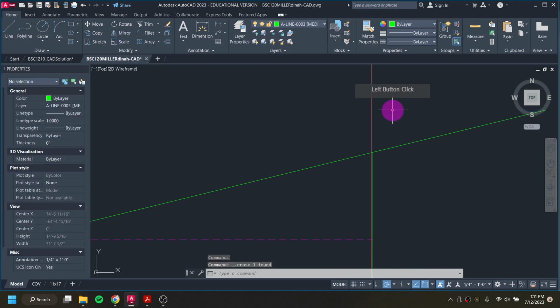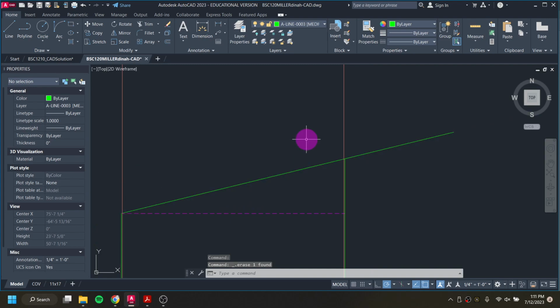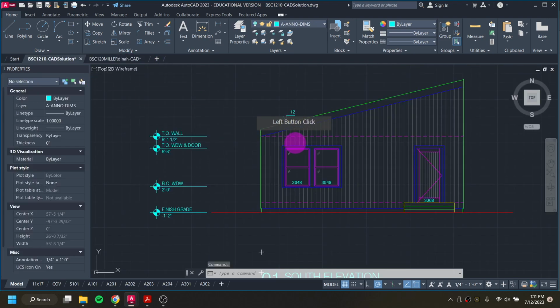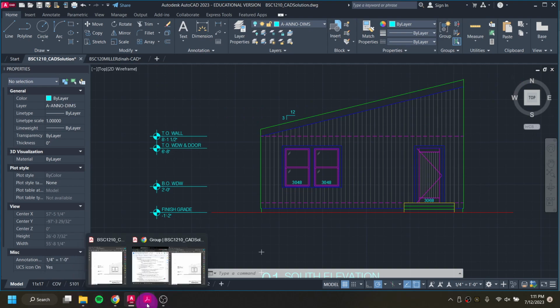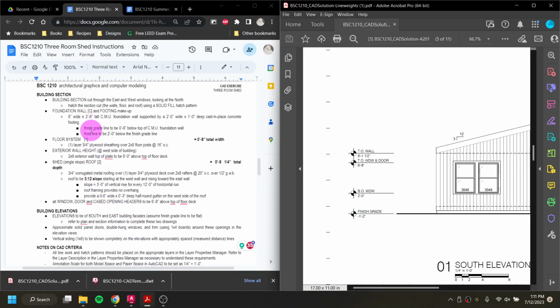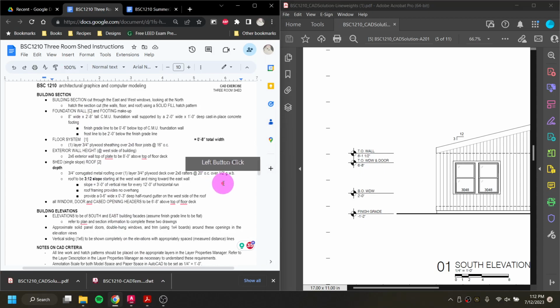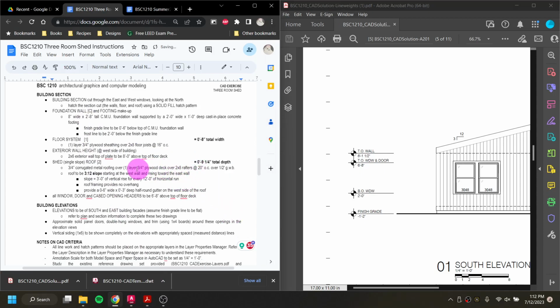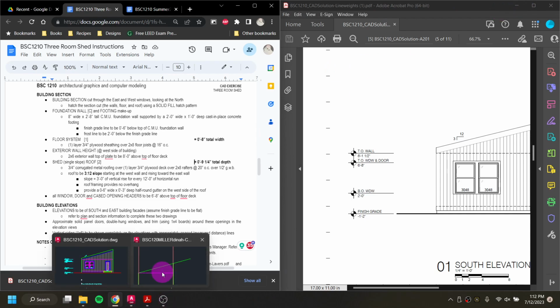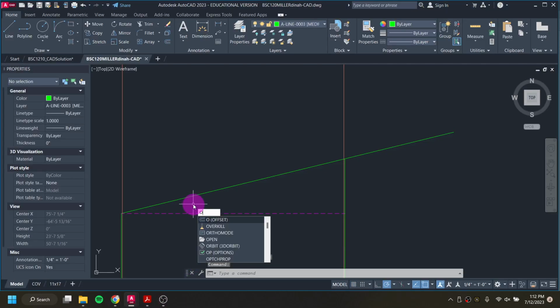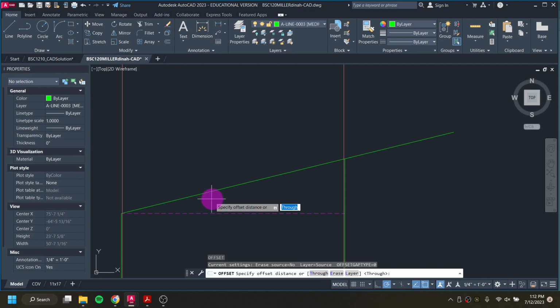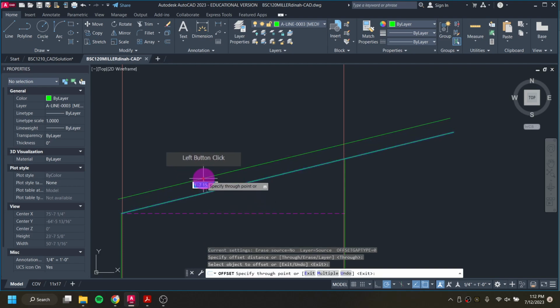So I'm going to delete these lines that I used to help me get my up 3 over 12, and where I'm currently sitting is this blue line. So now I need to offset it up for the thickness of my roof. And if we look back into our instructions, our roof itself is 9.25 inches thick. So I'm going to go into AutoCAD and I'm going to offset, leave it through, so I'll hit enter, this roof up